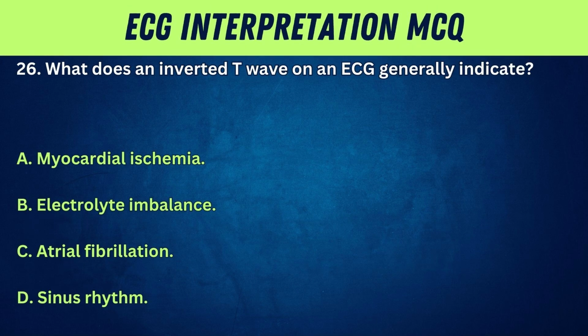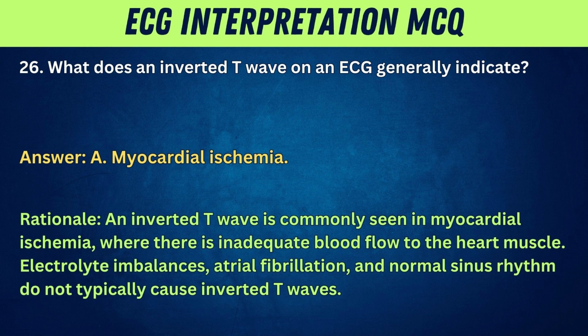26. What does an inverted T wave on an ECG generally indicate? A. Myocardial ischemia. B. Electrolyte imbalance. C. Atrial fibrillation. D. Sinus rhythm. Answer: A. Myocardial ischemia. Rationale: an inverted T wave is commonly seen in myocardial ischemia, where there is inadequate blood